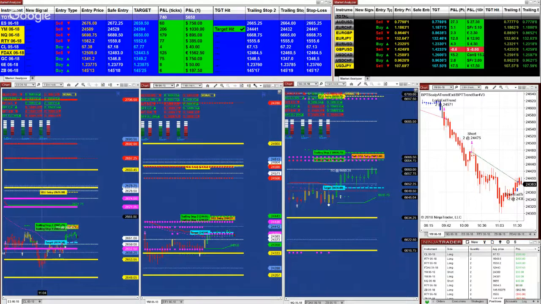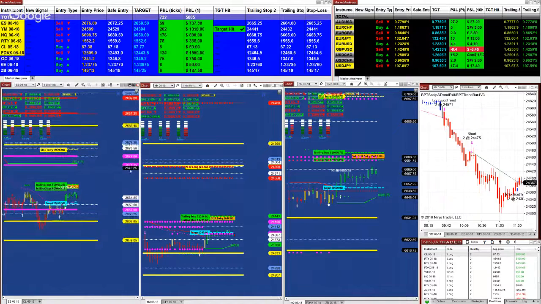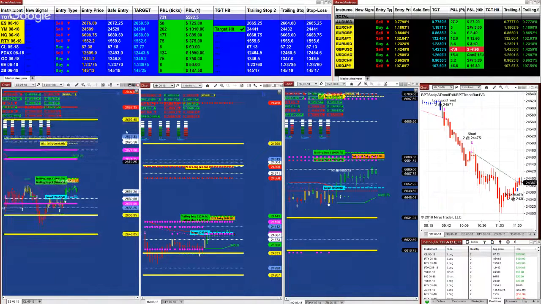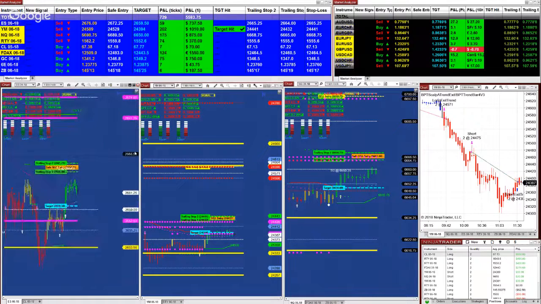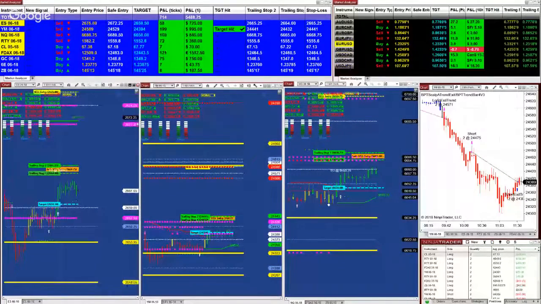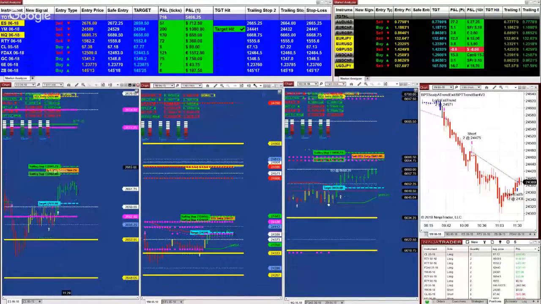If we notice on the ES, we have the re-entry point, and this is really critical on the ES if you're thinking to take long or short. Of course, you are at your own risk. We're not calling any trades here. But we have a re-entry point. You can see on the market analyzer, we put it under safe entry. So as an example, you have an ES at